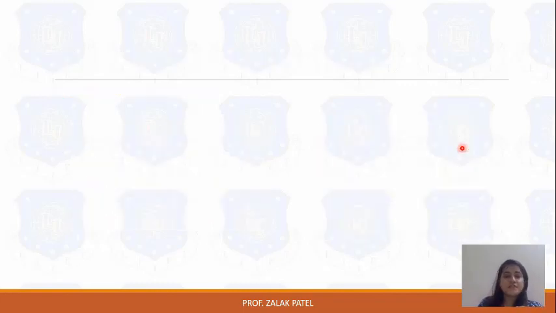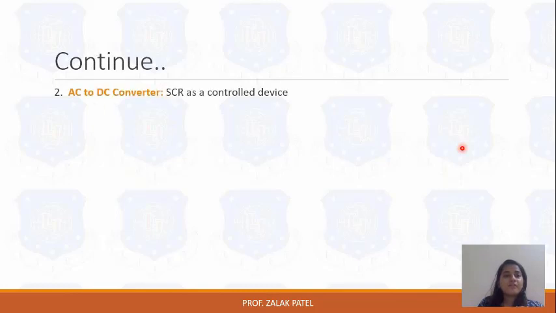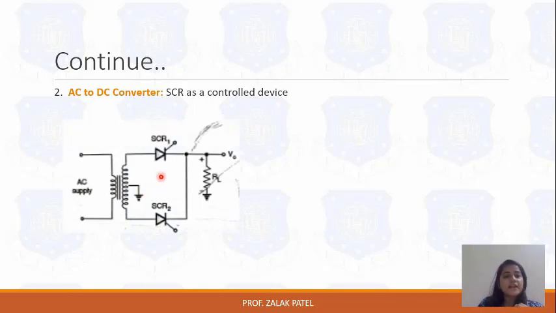You can also use a silicon control rectifier for the further example. Here you can see the second classification is for the AC to DC converter with the SCR as a control device. So this is also one type of rectifier, but with the control device connected. Here this control device, SCR, is connected over here. SCR means silicon control rectifier. So here in place of diode 1 and diode 2 we will connect the SCR1 as well as SCR2, and the load is connected across it, that is RL.